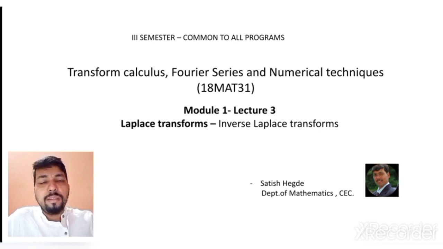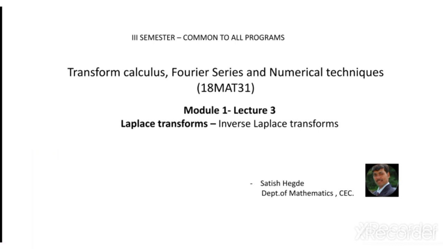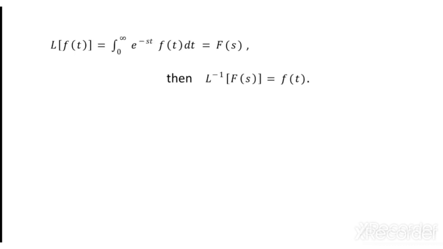So the inverse Laplace transform converts a function of s into a function of time. Now let us accumulate the results required for the inverse Laplace transform process. We can recall all those results which we have taken in the Laplace transform, and take the reverse process. First, recollect the definition: the Laplace transform of f of t is the integral from 0 to infinity of f of t e power minus st dt, which gives a function of s. If I apply L inverse on that f of s, we get f of t back.